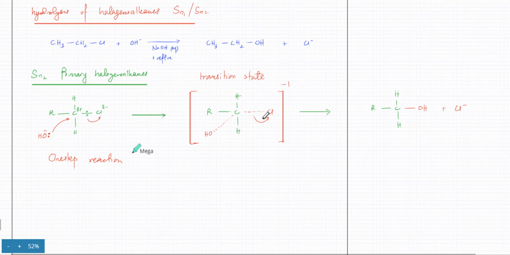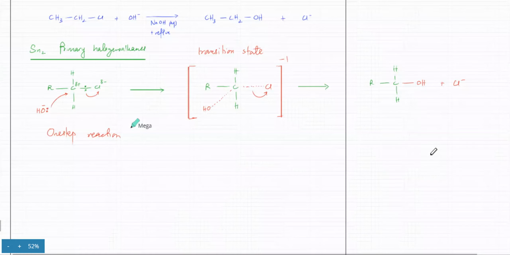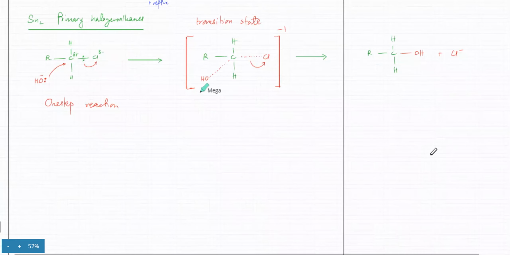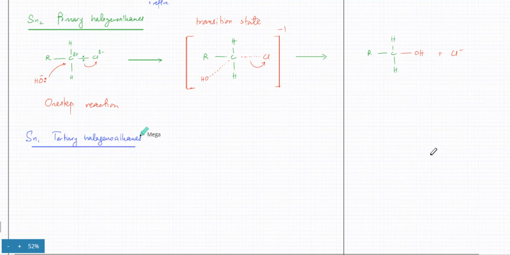So that is primary halogenoalkanes. The other mechanism is Sn1. Okay, when do you have Sn1 reaction mechanism? Okay, Sn1 is for tertiary halogenoalkanes. Now, when you have a tertiary halogenoalkane, what happens is